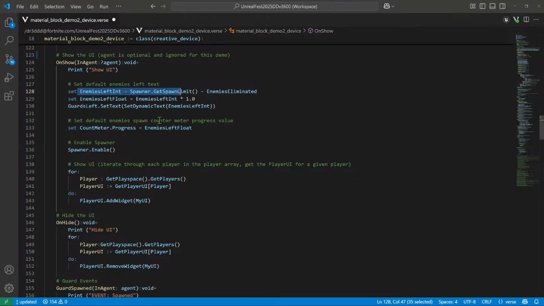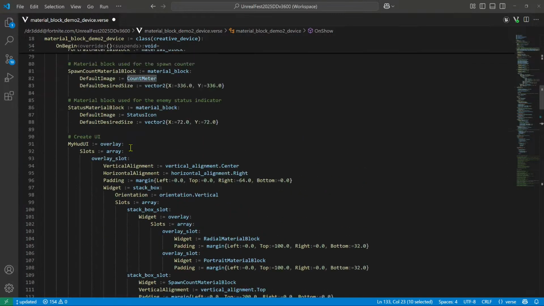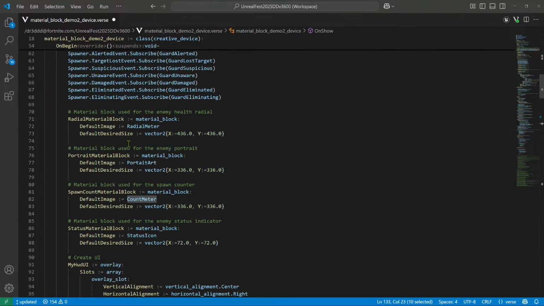Set default enemy spawn counter meter progress. So this is our first example of how you set a material parameter. So here we go, count meter. Again, let me scroll up. Sorry for bouncing around so much here. Basically, these material blocks that we created here,